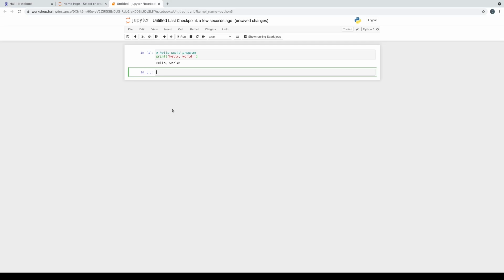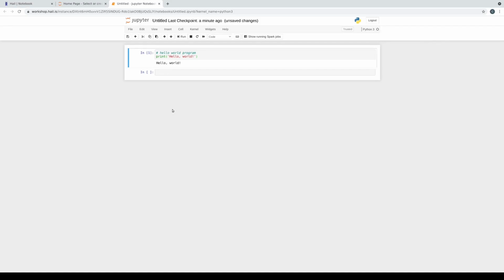Let me go over a few features of Jupyter. You can see that the current cell that's selected is in green. That means we're in edit mode, which allows you to edit the contents of a cell. If you hit escape, the highlight turns to blue, and that puts you in navigation mode, where you can move between cells and manipulate cells. So we can use the up and down arrows to move up and down.